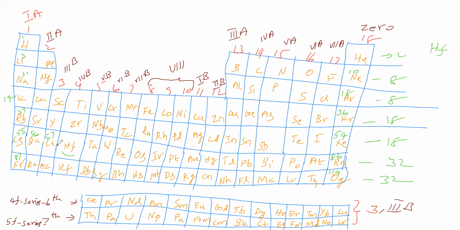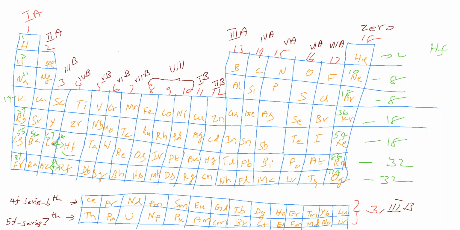You should remember that between lanthanum and hafnium you give an arrow mark. Between actinium and rutherfordium you give an arrow mark. Here between lanthanum and actinium, how many elements are there? 14 elements are there, that is called lanthanides. Between actinium and rutherfordium, how many elements are there? 14 elements are there, that is called actinides. Like this arrow mark you give it. Okay, so it is 57.